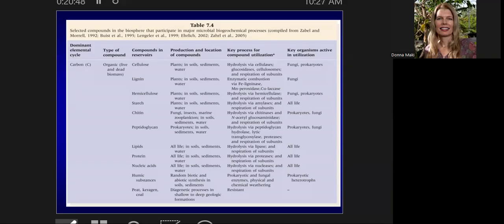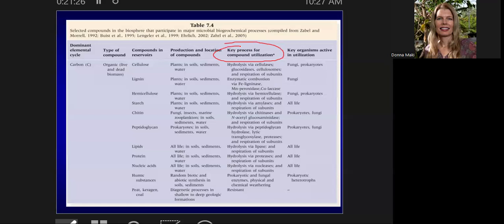So cellulose, lignin, hemicellulose, those are big components of plants. And so you can see they're mentioning that in the location column, and then what's going on in terms of how they are getting attacked and broken down. We're not going to get into that too heavily, but basically what they're showing in this column is what special enzymes might be needed or some physiological processes that might be needed. And again, we just don't have time to get any deep dive into that.